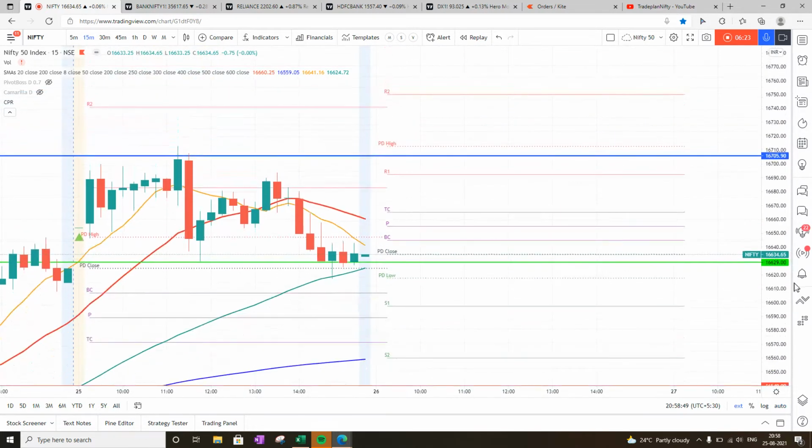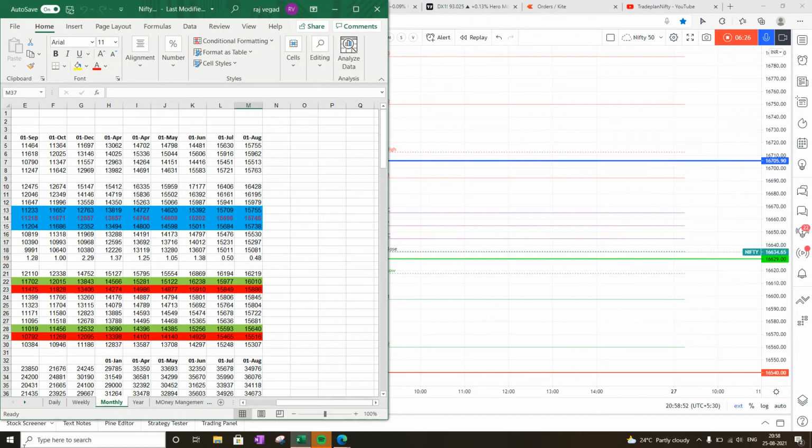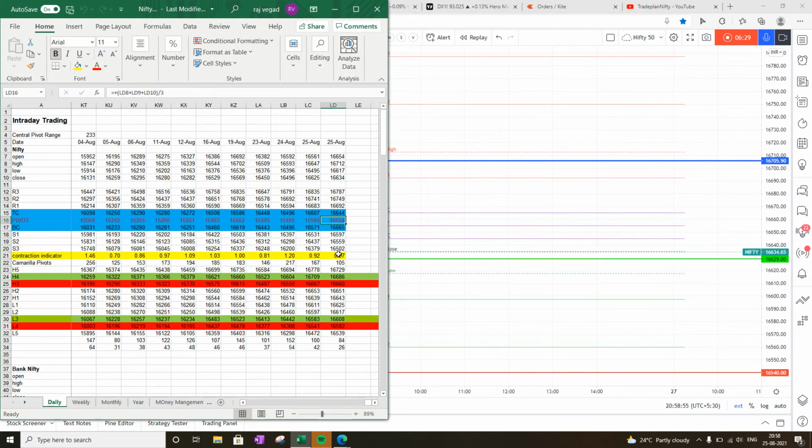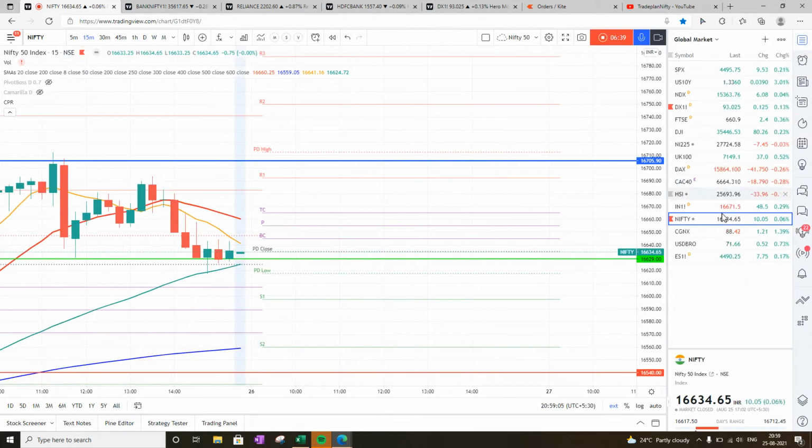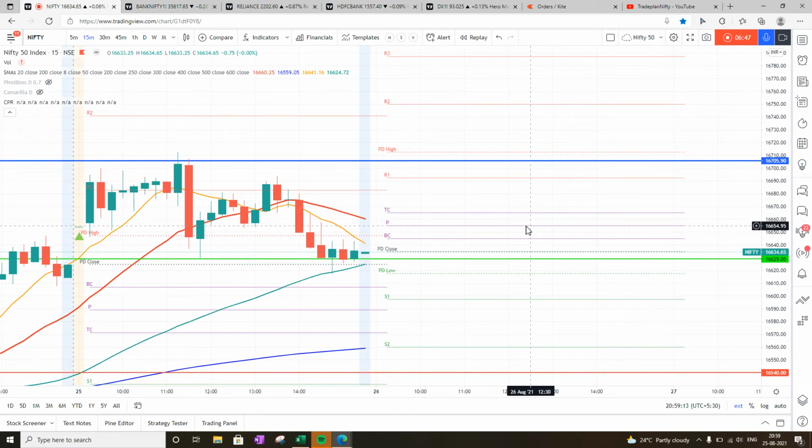One of the points to be noted is that tomorrow the pivot is narrow. Tomorrow we have 0.57 as a contraction indicator, so there is a very clear indication that tomorrow will be a trend day. SGX is currently at 16671, so the open will be above the pivot, which is at 16654. Today also the close was above pivot, and tomorrow's CPR range, that is the pivot, is above today's pivot. So this confirms that the trend is definitely up.